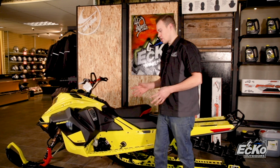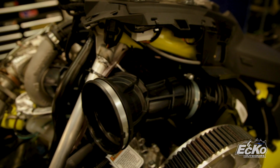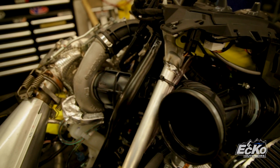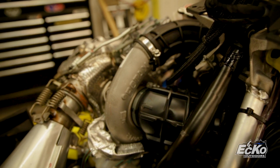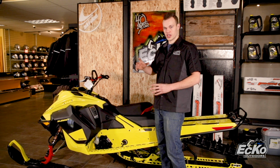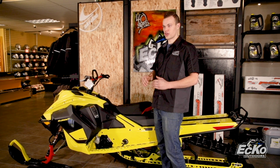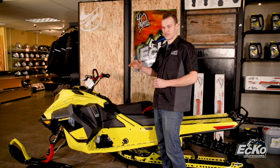So what's neat about this turbo is it's a normalized turbo that runs off atmospheric pressure. So when you're at sea level, this is gonna run almost identical to a naturally aspirated 850 at 165 horsepower. Now, what's really neat about this and what makes it such a big deal is as you go up in elevation, you're not gonna lose any horsepower because the turbo is controlled by the ECM, so it runs off atmospheric pressure. So as you get higher up, it builds more boost to keep you at 165